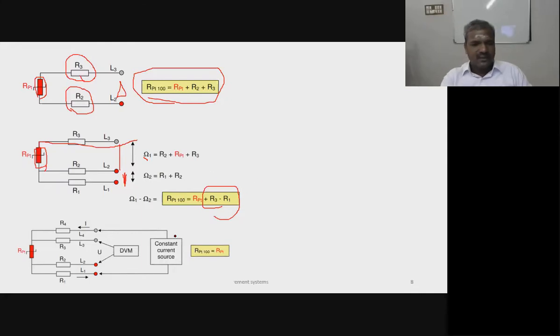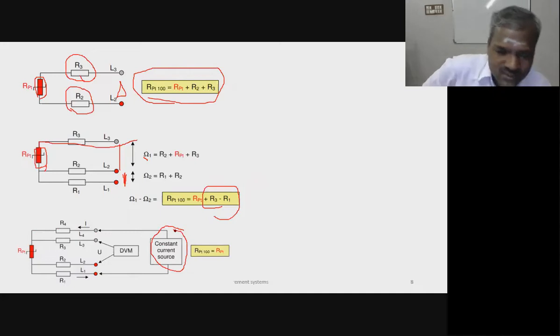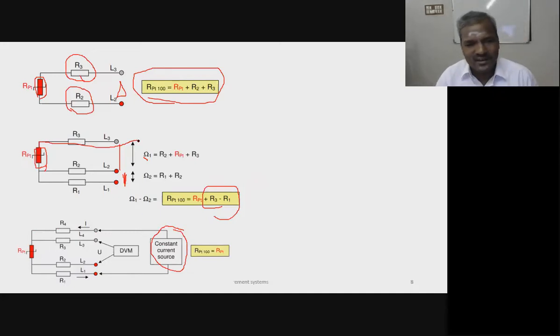In 4-wire RTD, two lead wires are taken out from one side and two lead wires from the other side. The top and bottom two lead wires are connected to a constant current source. Basically, there are two types of Wheatstone bridge. Mostly, we detect this change in resistance by connecting across a Wheatstone bridge. Here we connect a Wheatstone bridge.